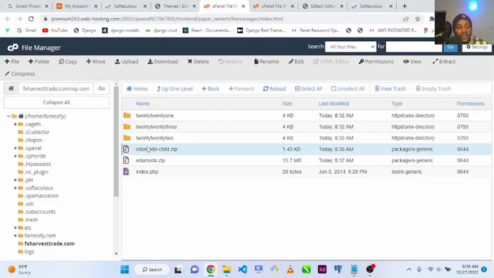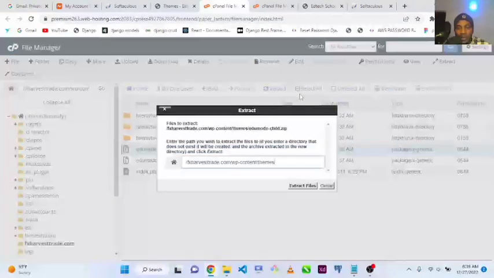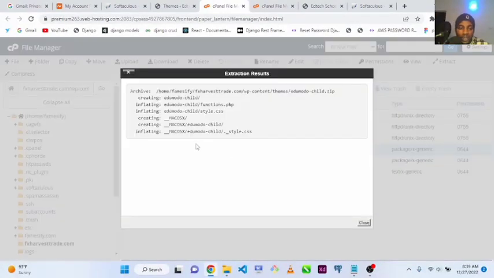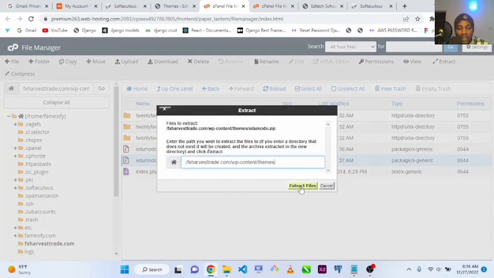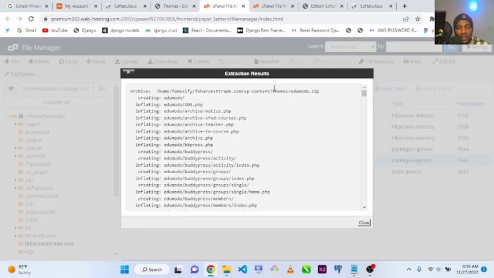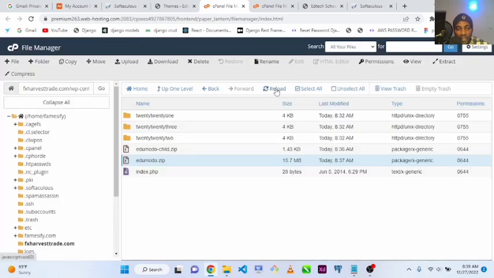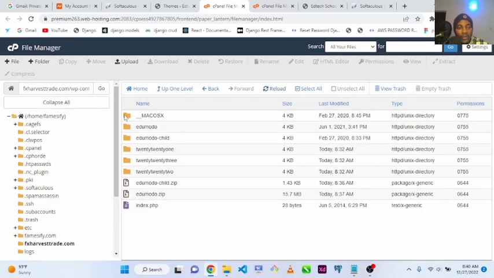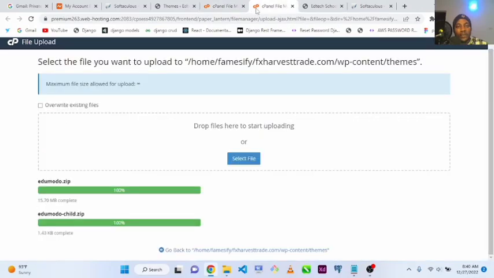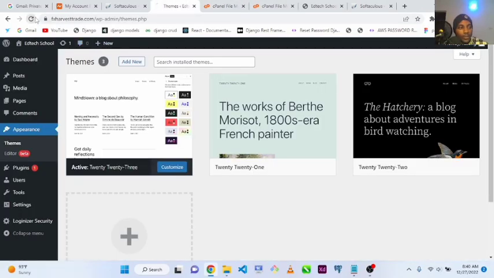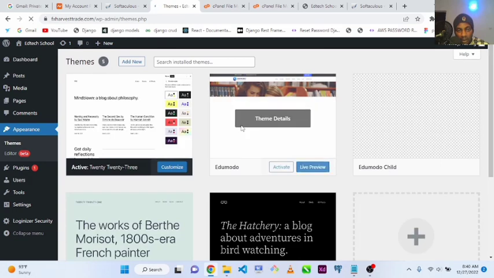So immediately we extract them one after the other, we are going to see a folder representing each of these, and then extract this and extract the file. Now if you reload, all the files are going to be showing. Remember, you can delete these. Now we don't need these two again. They are done for what we needed them for. So we'll delete them, and after, come back to these themes, click on refresh, and they are going to come, which is